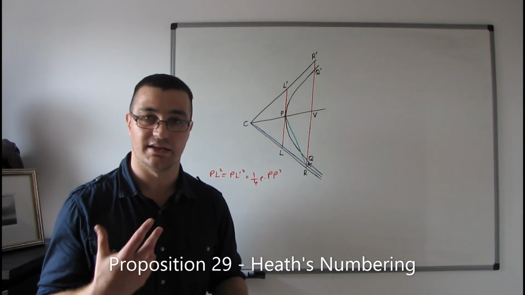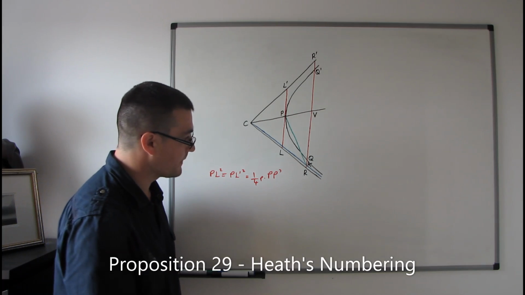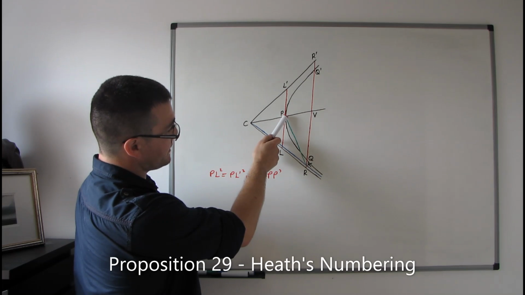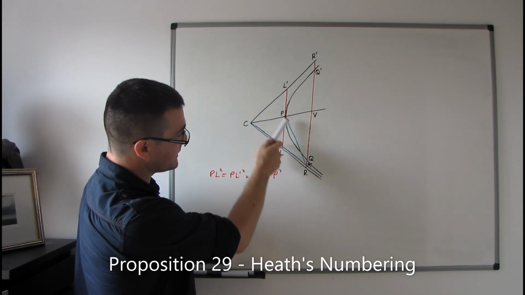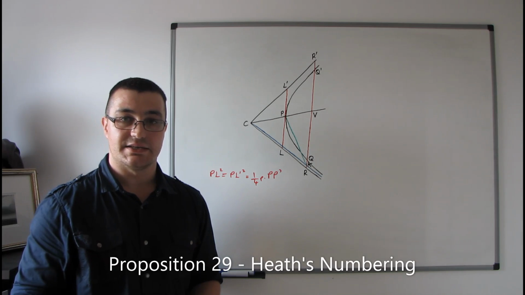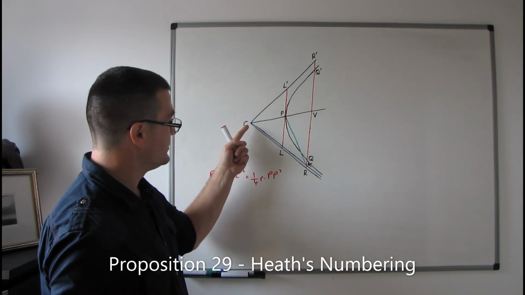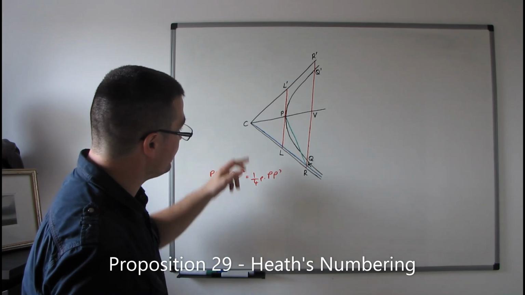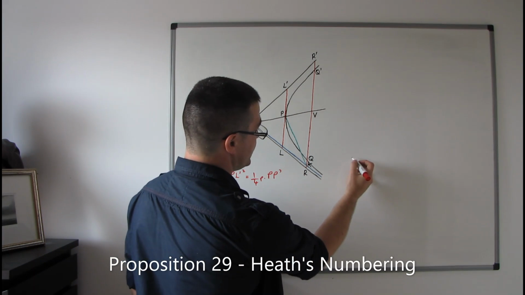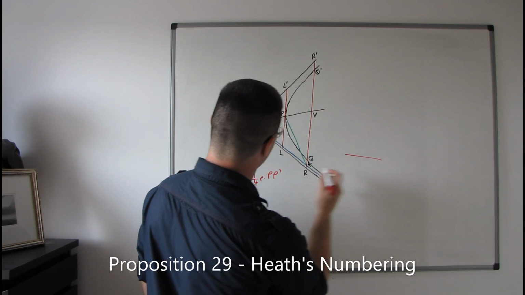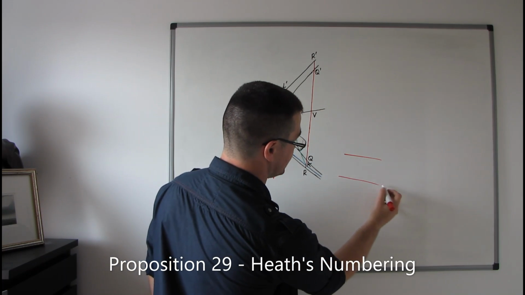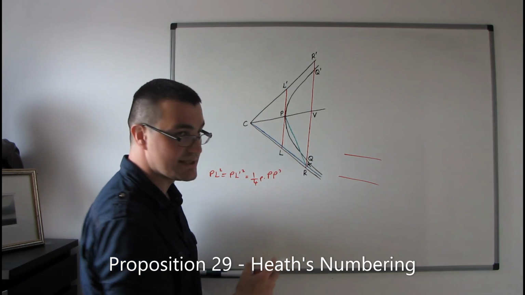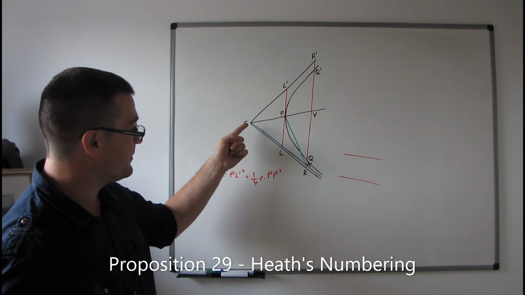Okay, and this is where it starts to get a little bit confusing with the diagram. So I'm going to try and clear this up as best as I can. So this line here through P, the green line, is supposed to be a line that is parallel to the asymptote CL. So we've got the green line and we've got CL. They're supposed to be parallel. And then we've got this other line here, this blue line, which is not parallel to either of those. It's definitely not parallel to CL